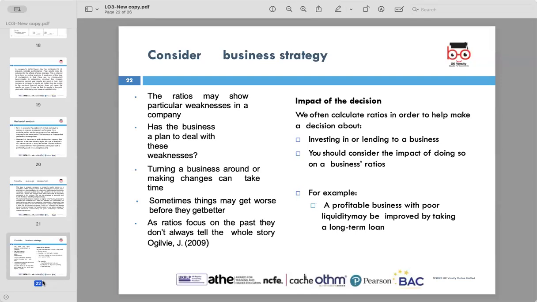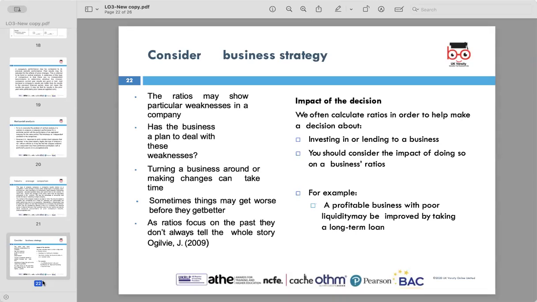So consider business strategy. Ratios may show particular weaknesses in a company. Has the business a plan to deal with the weaknesses? Turning a business around or making changes can take time. So sometimes things may get worse before they get better, as ratios focus on the past. They don't always tell the whole story, according to Ogilvy J